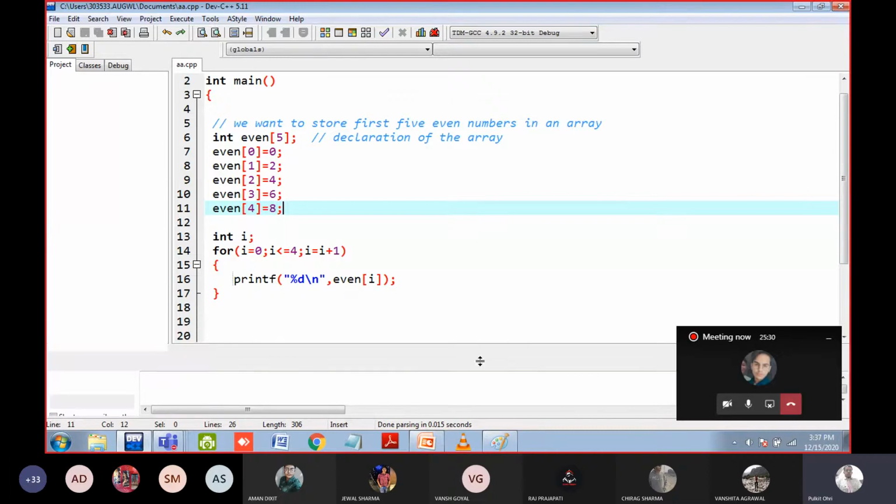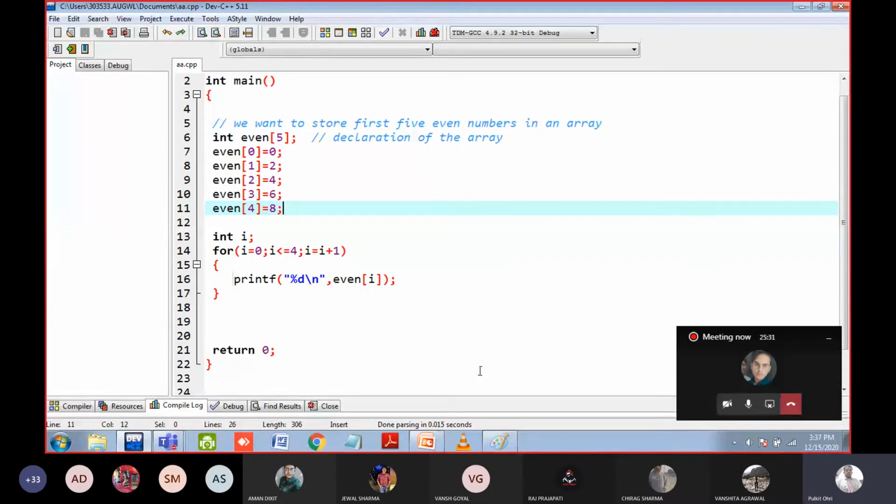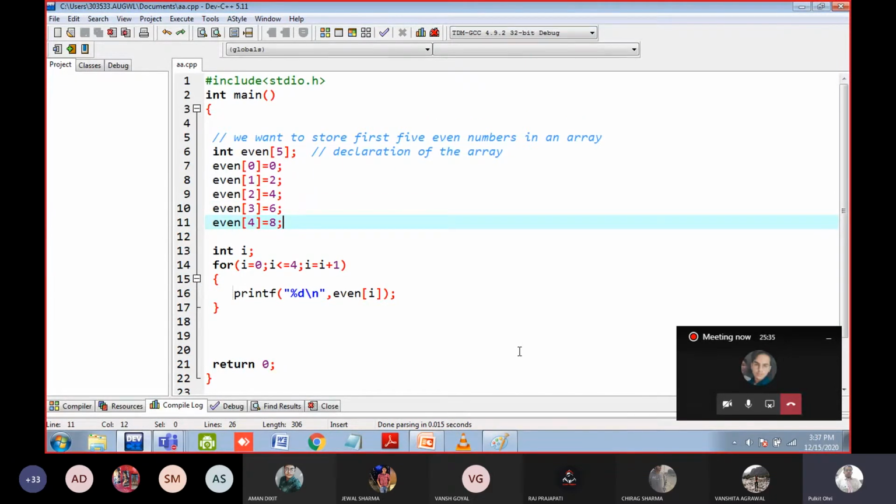Array is a very important topic. Array means storing the information at one place, but there is a limitation. The limitation is you can only store data of a similar type, either integer, or float, or double, or character. You cannot store a mix. If you want to store a collection of integers and floats, you cannot create an array. You will get an error. This is the only problem with the array. Other problems are also there, but it is the most often used data structure. It is very commonly used. You will use it everywhere.